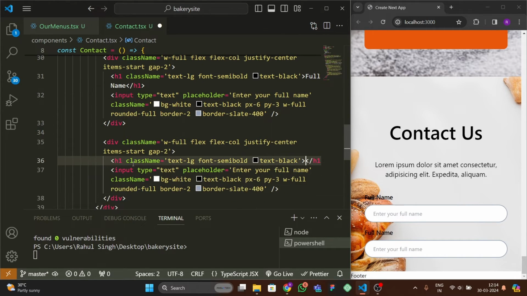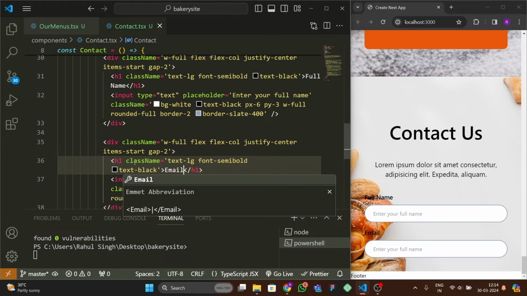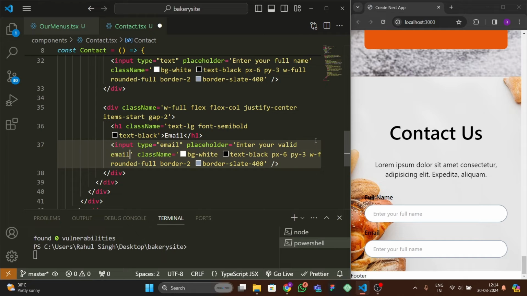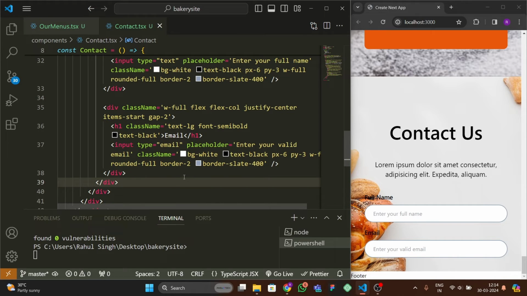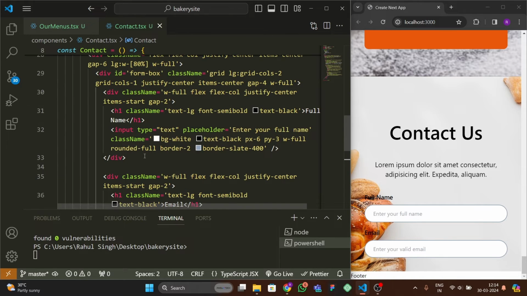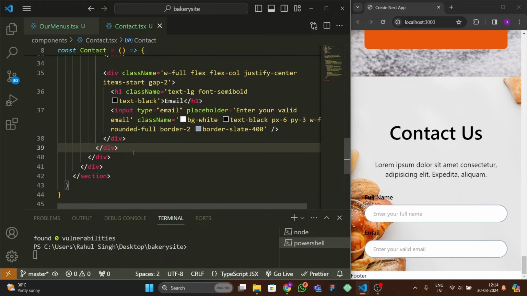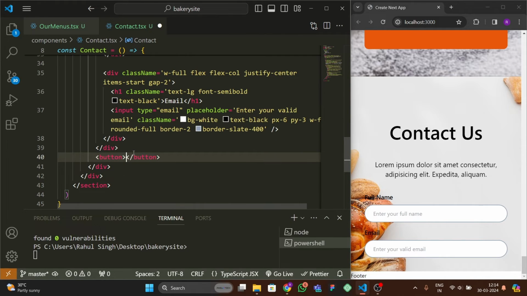So let me write it here, email, and in the place here we have input type equal text. So write it here, email, and here enter your full name. In this place we're going to write, enter your valid email. Okay, so now you can see that we have this, and let's get outside the form box. So this is our form box, and outside this form box we're going to give a button,